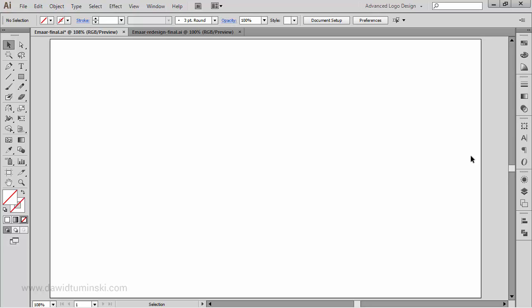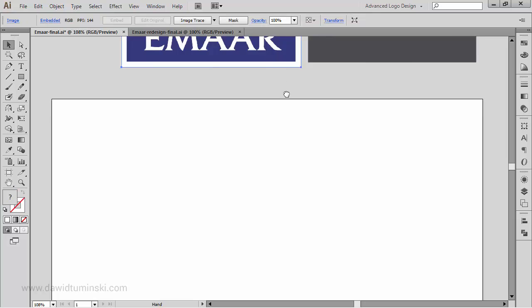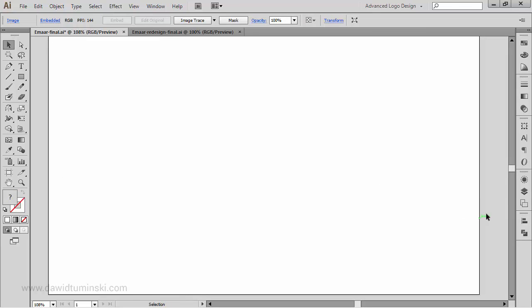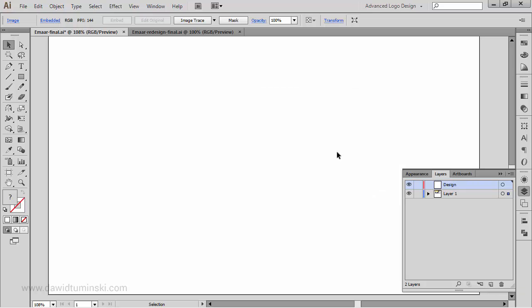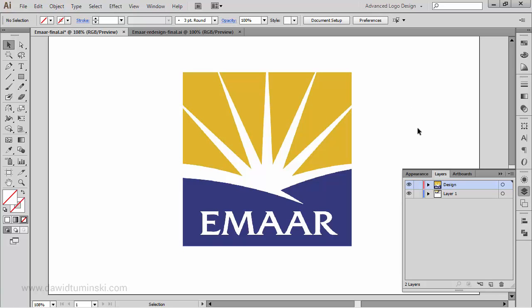First thing I want to do with this MR logo is to create the rays that are the most important part of the logo, I believe, apart from the company name, of course. So what I think I will do first is I will just copy this original logo, and I'm going to create a new layer, and I'm going to call it design. Just because I'm going to paste this logo here in this layer,